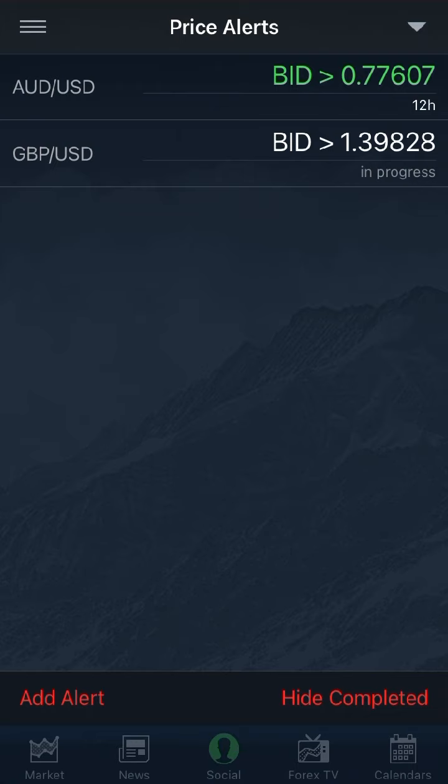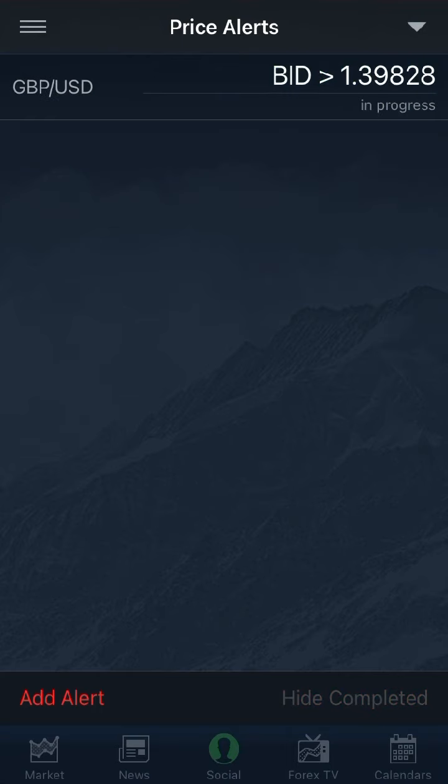I had put in an alert to let me know when the bid price is above 0.77607. So that happened 12 hours ago. So it turned green. So if you want, you can remove those things from showing up there. Going back again at the bottom right, where it says height completed, if you click on height completed, see, it's removed. So it's only the ones that must still be in progress that will be showing right now. So it's a very great feature, guys, and I think it can really make a little bit of a difference